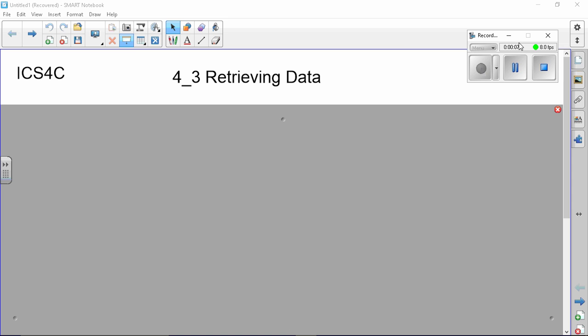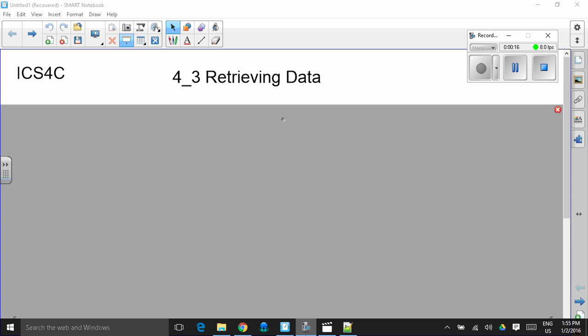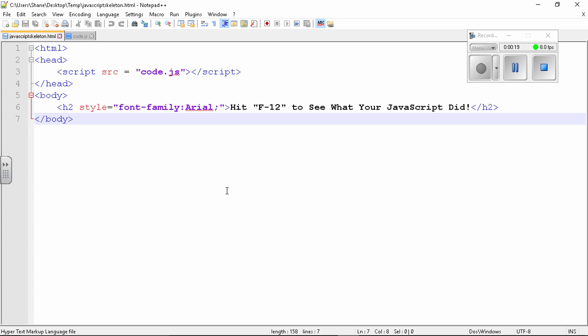Hopefully you've got this Smart Notebook file in front of you. You can just add your own comments and feelings to this document as we go. I'm going to be using Notepad++, but probably you could get most of the same stuff out of JSBin if you choose. I've got the basic skeleton here, and